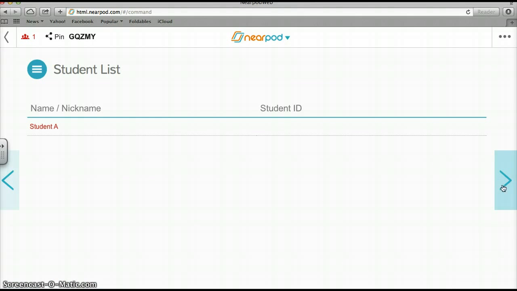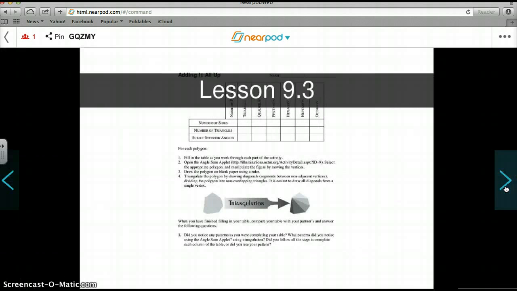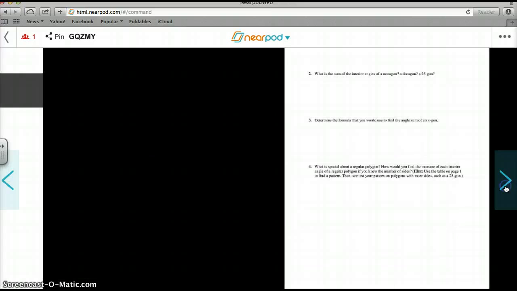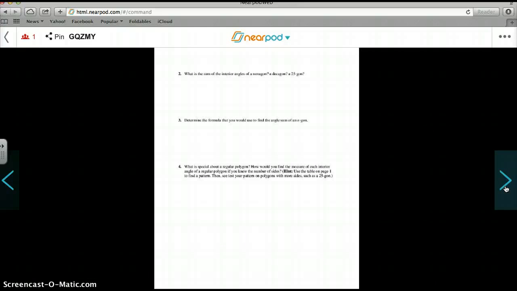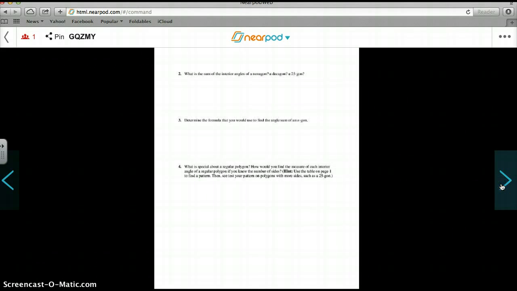And then students will need to sign in so that you can see, especially if you have poll questions or draw it, that way you know which student submitted which answer or which drawing. So students will sign in, and then you will see a list of all of your students on this screen. Then you can, again, as you continue to want to move your lesson along, simply hit the arrows to the right. If anyone has a question and you ever need to go back, you can do that as well. So continuing through, you're just going to move through the lesson,